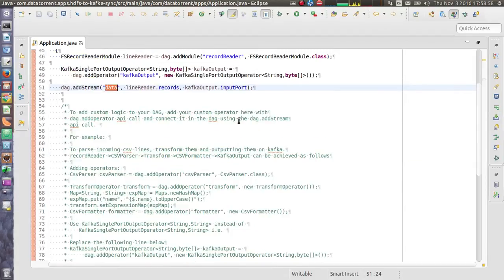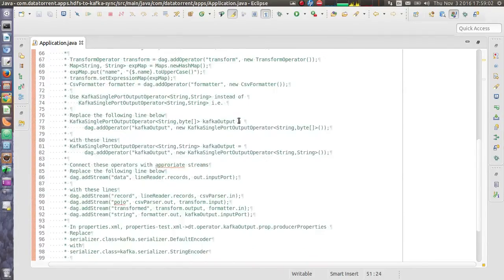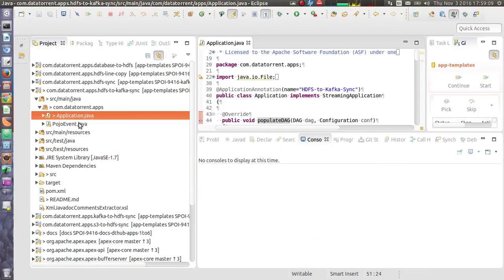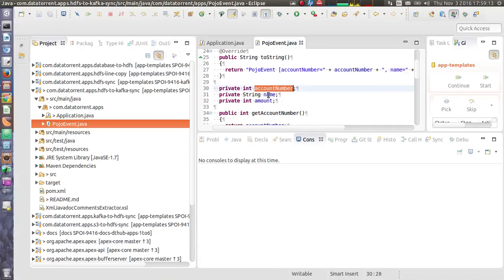Now to customize this application, there are some instructions given in the code block. We will go through them, but before that let's look at the code structure. So the PojoEvent class has a few fields like account number, name, and amount. We are expecting that the HDFS file will have these records separated by new line and fields separated by a pipe separator,